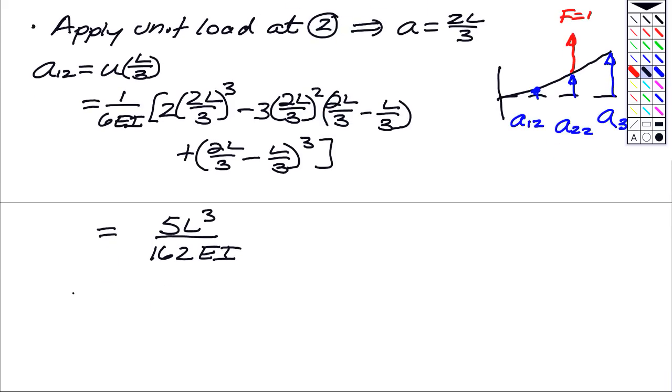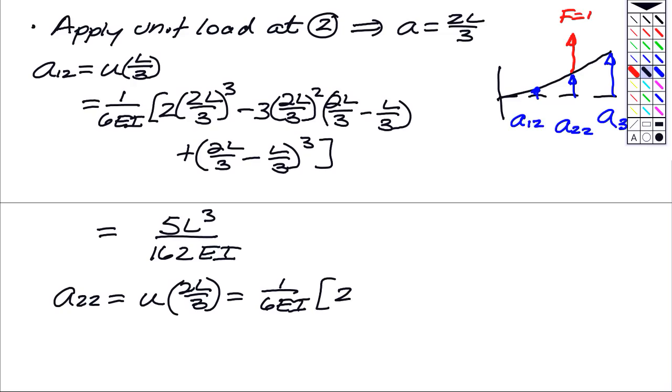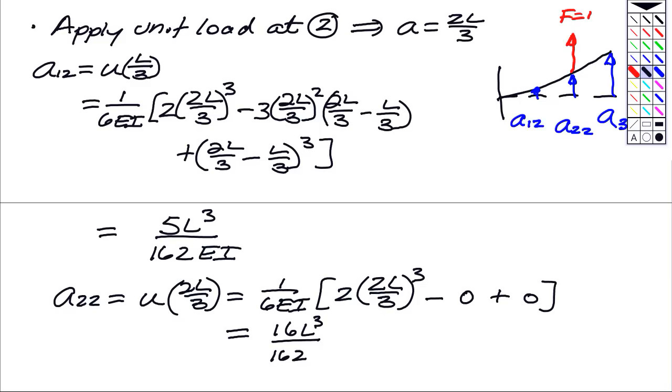The deflection under the load, A22, is going to be 1 over 6 EI times 2 times 2L over 3 cubed. Then we have a 2L over 3 minus 2L over 3, so that's a 0 in these last 2 slots. So the 2 position of the flexibility matrix is 16L cubed divided by 162 EI. By reciprocity,